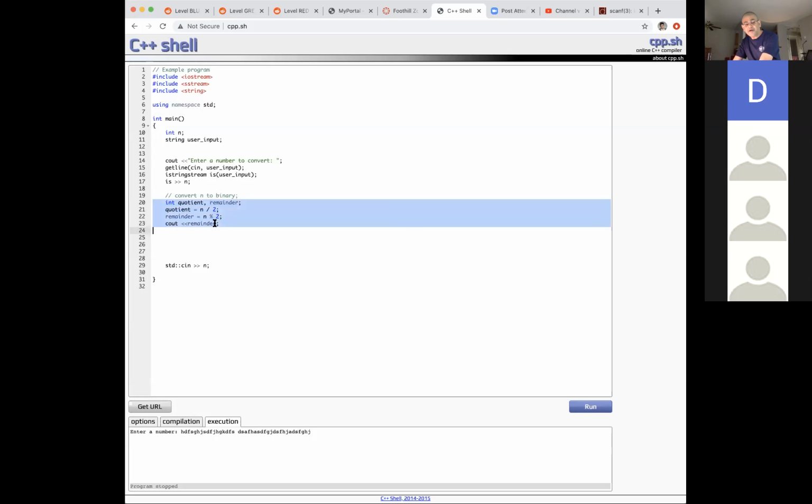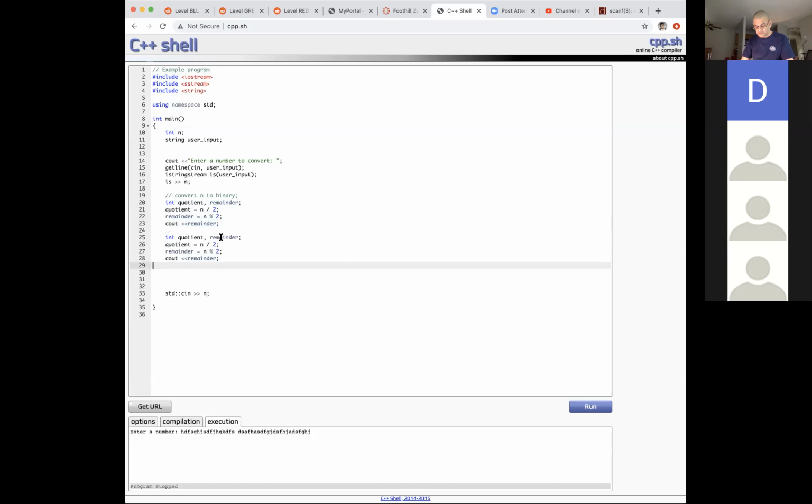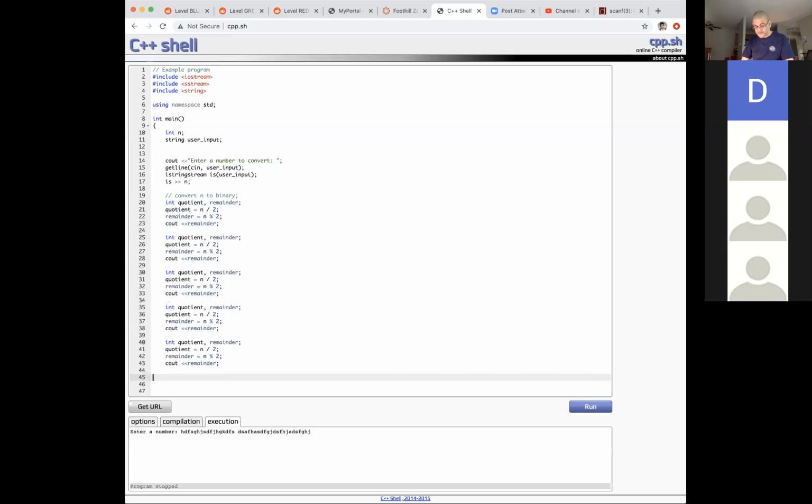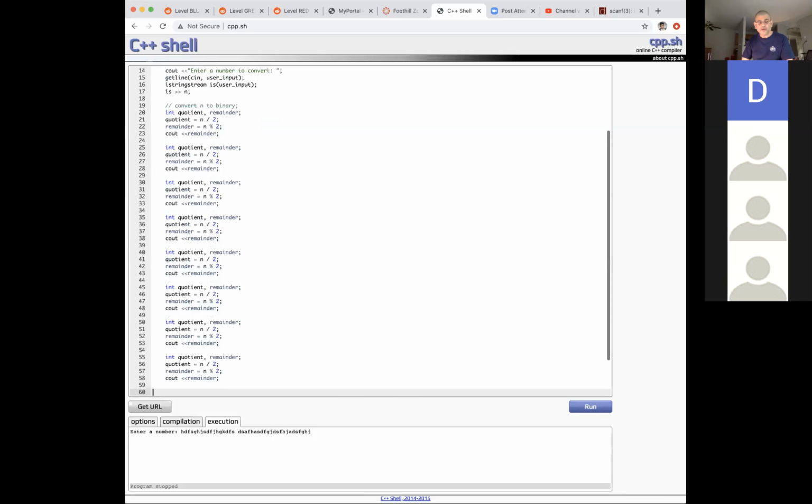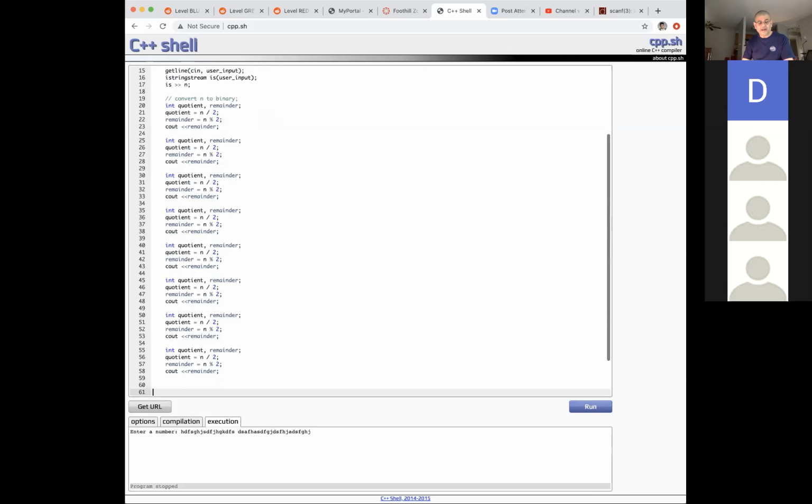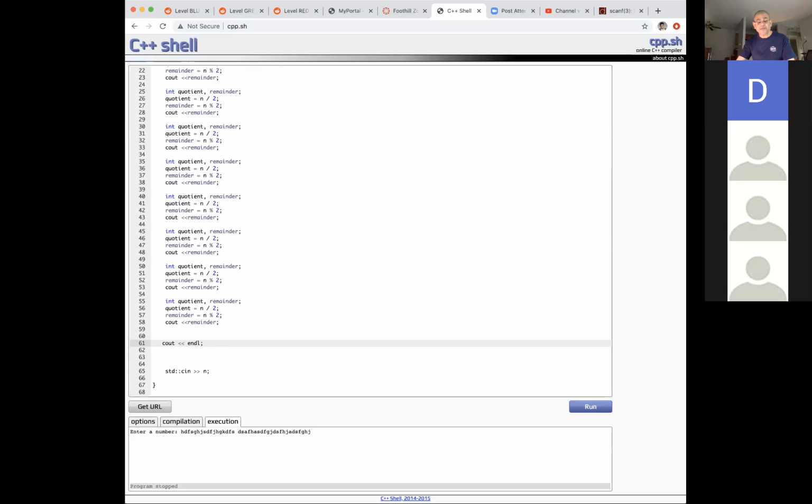Notice that I'm going to do the cout 8 times. So this is 1, 2, 3, 4, 5, 6, 7, 8. Okay, so I got it 8 times. Now I can print a cout new line. Okay, now if I run this program, it'll ask me for a number and it'll convert that to binary and then it'll print it out, except